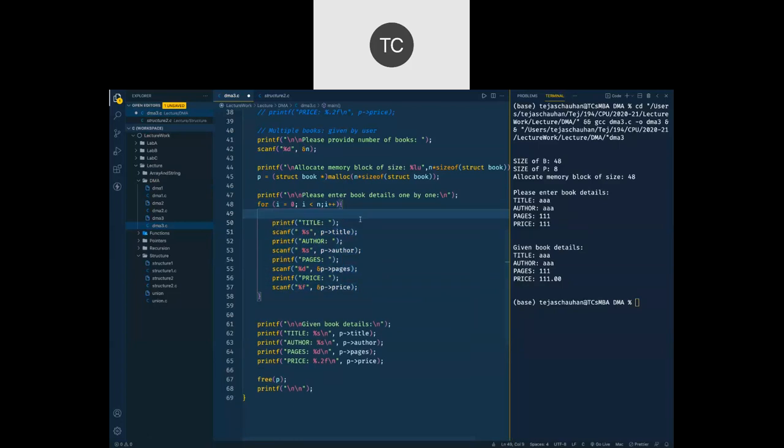So here we'll say that, okay, this is my book 1. Okay, book 1, then book 2, book 3, book 4, book 5, and so on.